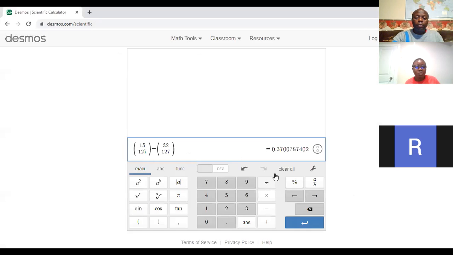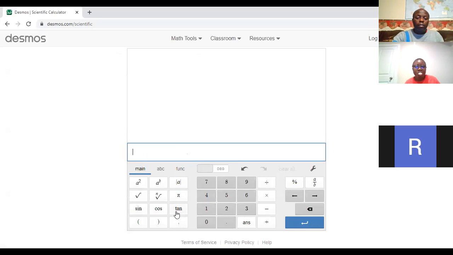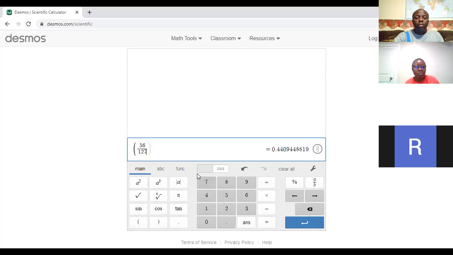We have 56 divided by 127, plus 19 over 127,